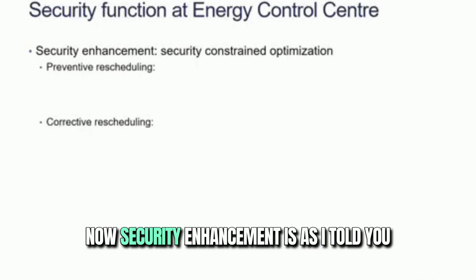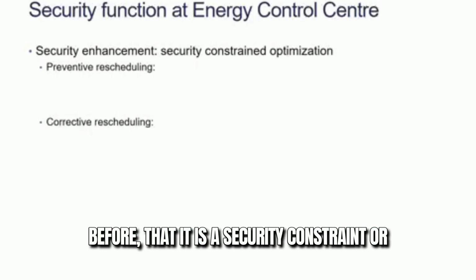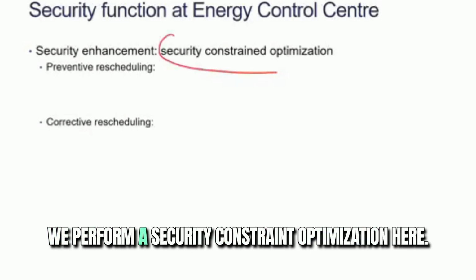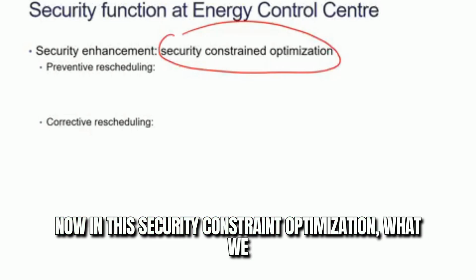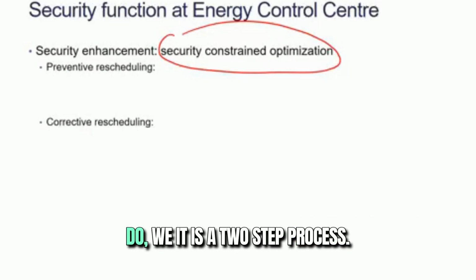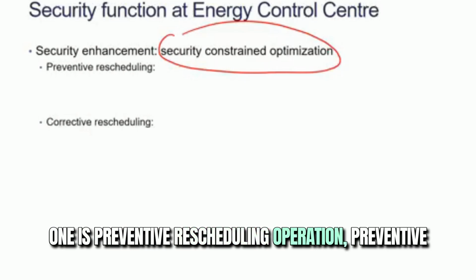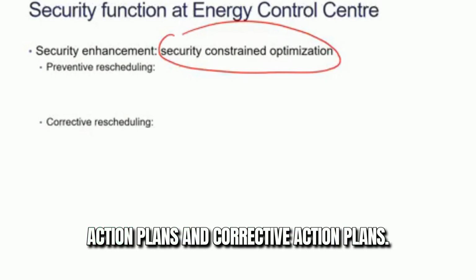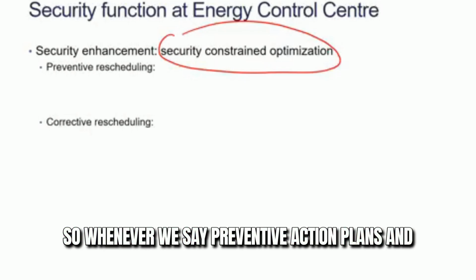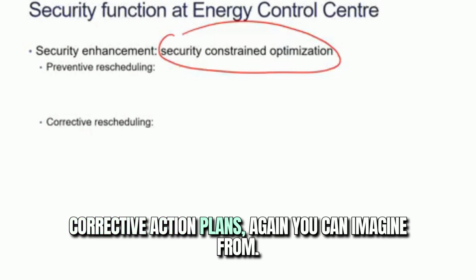Now security enhancement is, as I told you before, a security constraint optimization. In this security constraint optimization, it is a two-step process. One is preventive rescheduling, or preventive action plans, and the other is corrective action plans. Whenever we say preventive action plans and corrective action plans, again you can imagine